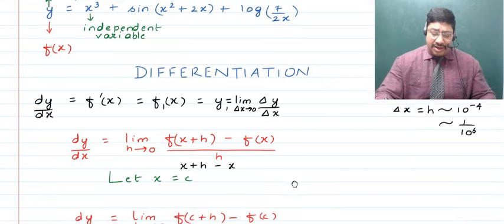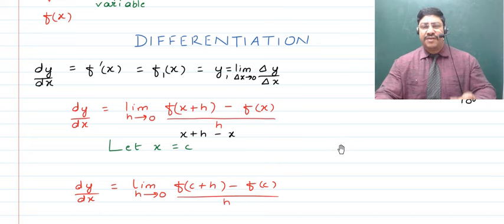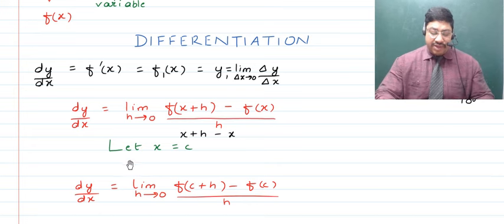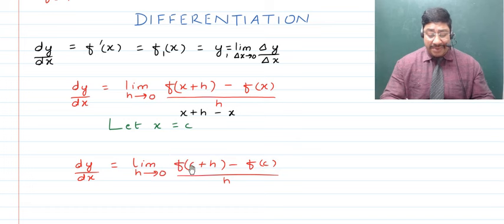Now children, when we talk about the process of differentiation, it loses its meaning in a practical sense unless you find it for a function at a specific point. For that, we've taken the point when x is equal to c. And now when you talk about dy upon dx, it becomes just x replaced by c, as x is equal to c. So limit h tends to 0, f of c plus h minus f of c divided by h will become